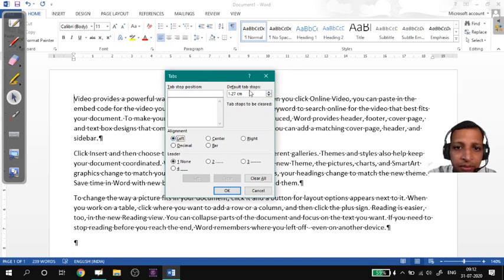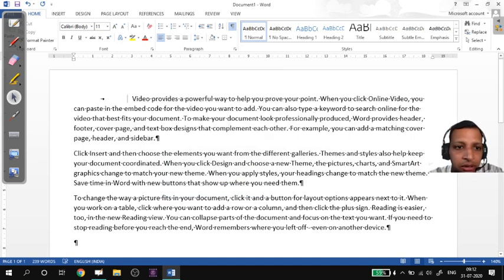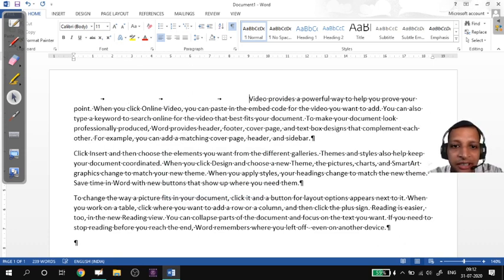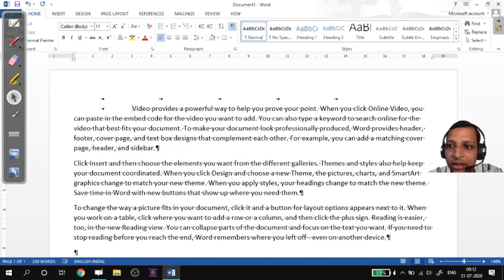And default tab stops, this is the distance given. If I make it bigger, say 3 centimeters, then you see when I give tab, it will be much longer. See, 3 centimeters, 1, 2, 3. Again, the next one will be at 6. See, 6. Next one will be at 9, 12, 15, 18. Oh, 18 is not happening. Go to the next line. So let's go back.